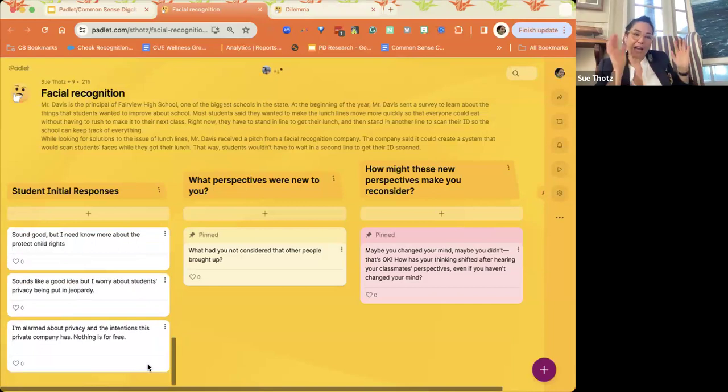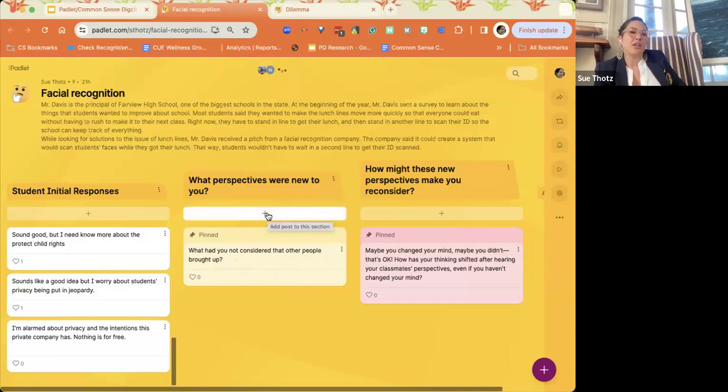So now I thought that was successful. If you all were my students, I would feel good. You all can see each other now. Now you can see each other's reasonings. So now as you read through some of these student responses, is there something in there that somebody brought up that you hadn't considered yet, right? Is there a point that somebody made, but maybe I hadn't thought about that point yet? So I don't have to moderate, I feel like. What had you not considered that other people brought up?